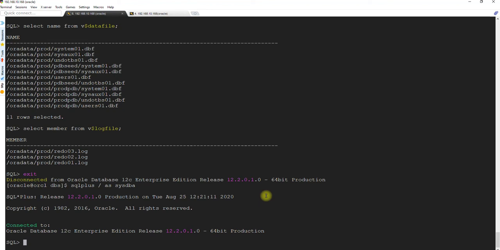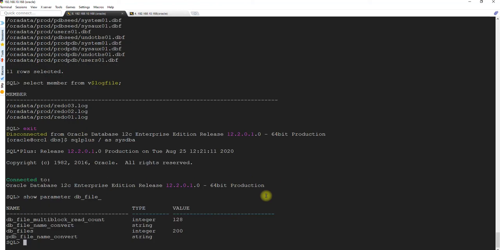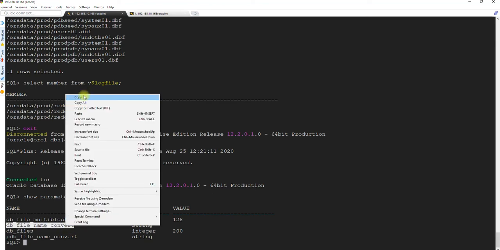show parameter db file. So this parameter, okay, db file name convert and log file name convert. So I'll copy this, I will mention this star dot.